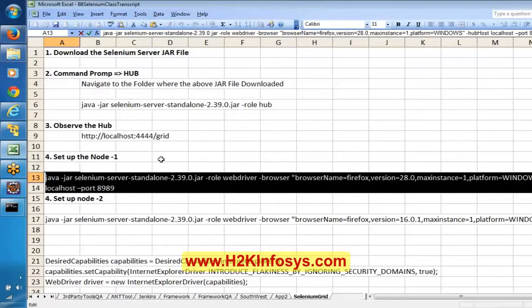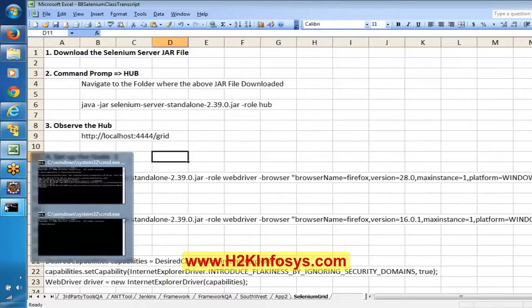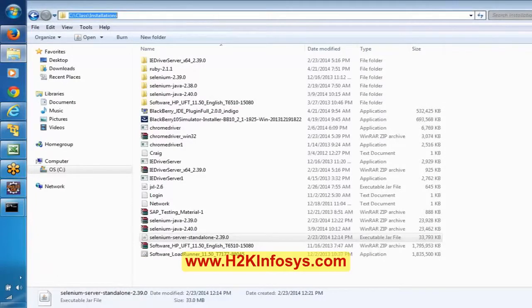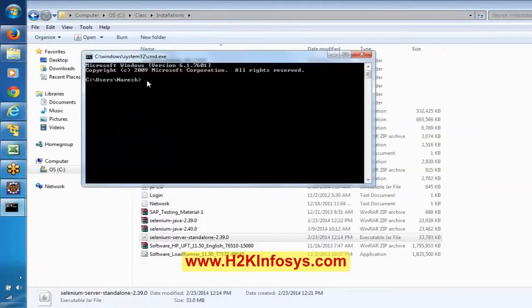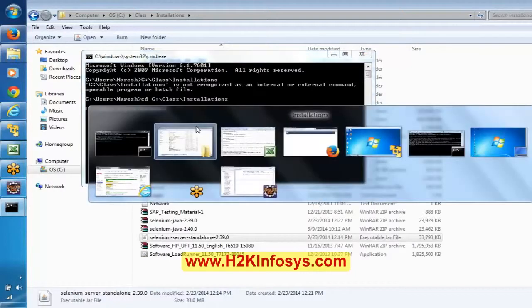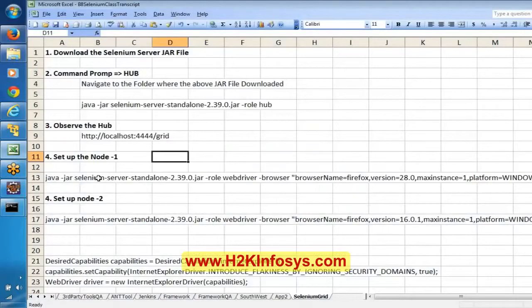And here this is the command which makes this local machine a node. If you open this command prompt, first of all go to the same place where we have this file, the Selenium server. Here we have to say cd and the location.